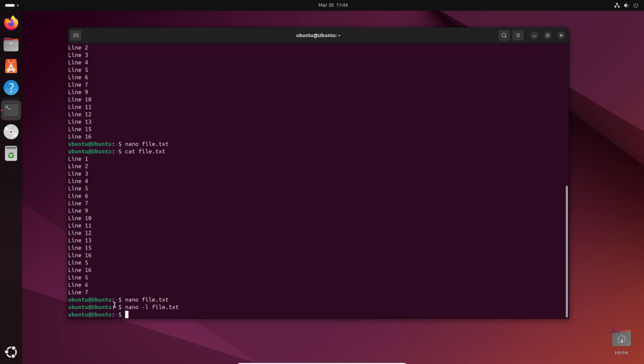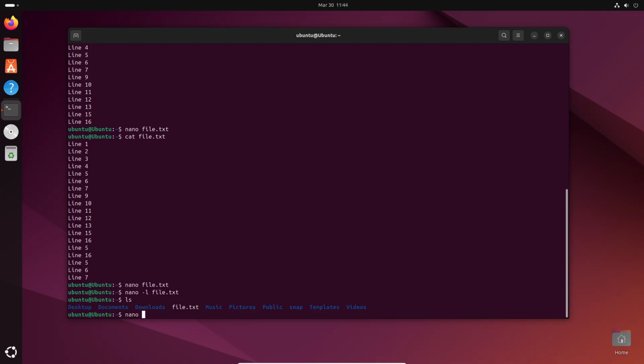We can exit that. And now I will show you how to create a file directly from the nano editor. So as you can see, we don't have any more files. We have only one, file.txt. If I want to create a file with nano, I can do something like this. So nano, for example, file2.txt,